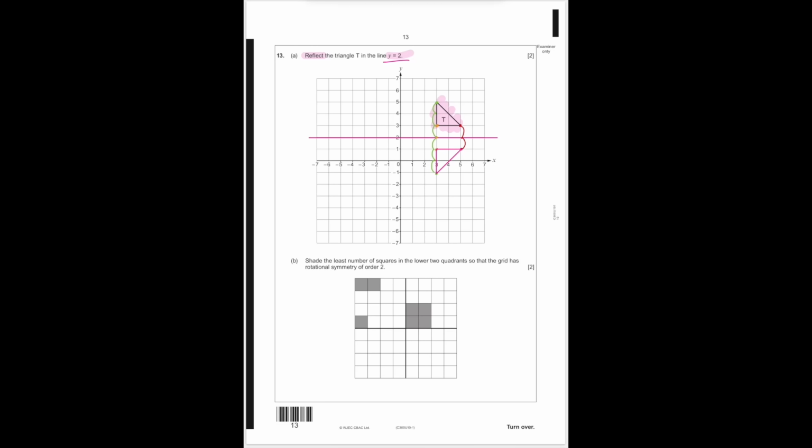Part B, shade the least number of squares in the lower 2 quadrants so that the grid has rotational symmetry of order 2. So what rotational symmetry of order 2 means, that is if we turn this shape around a full circle, it will only fit into itself exactly twice. Okay? So for that to happen, we need to colour in diagonal quadrants to be equal. So we want these 2 quadrants to be matching